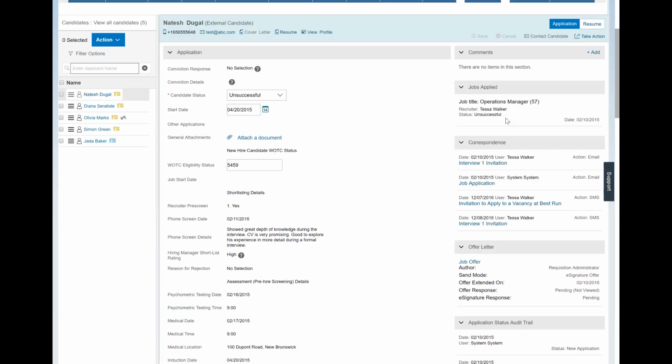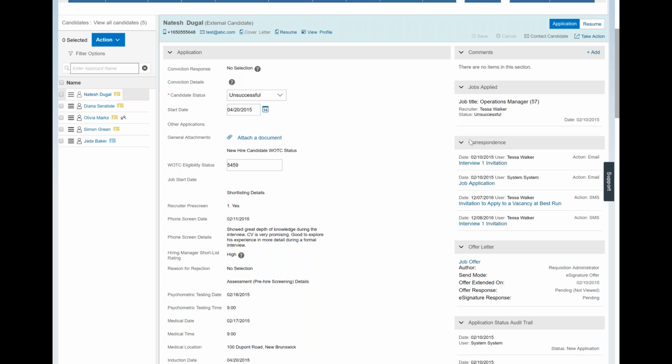This is helpful if someone has applied multiple times in the past. You can see if they were successful or not, or where they dropped out of the process. You can also see if they're currently applying to more than 1 position at the same time. So you can see where else they may be active, and what other hiring managers or recruiters may be talking to this employee or candidate.